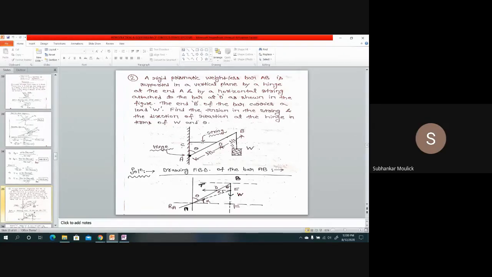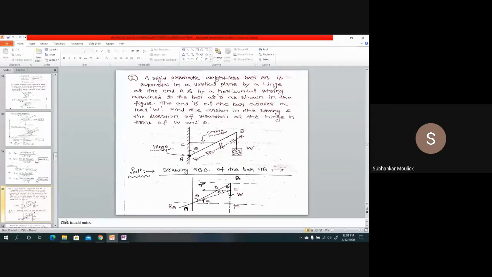In order to draw the free body diagram, first of all, you have to identify the object in the problem, and you have to remove the external supports from that object. So what is the object in this problem? Which one is your object? So the bar. Bar AB. AB is your object. String is not your object. String is connected to the bar. Fine. So for this bar AB, you have to draw the free body diagram by removing all the supports.